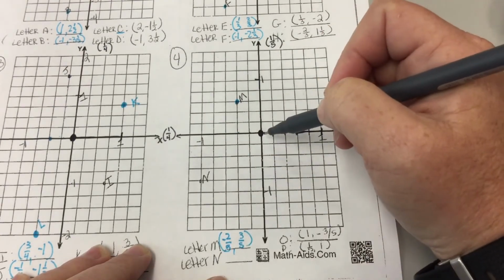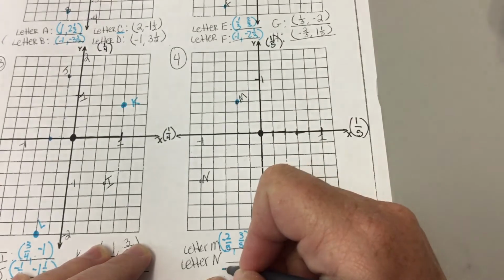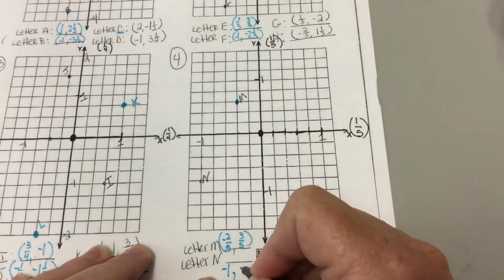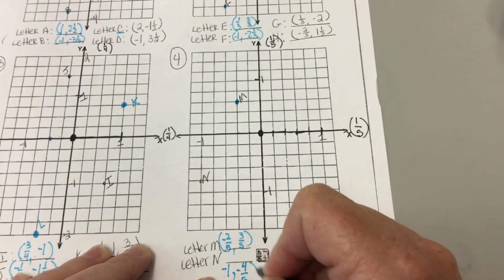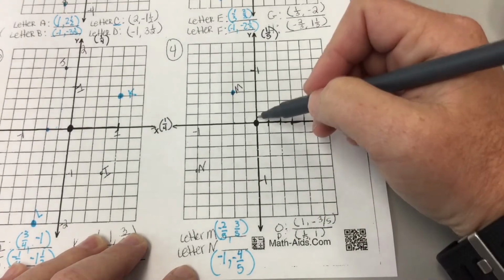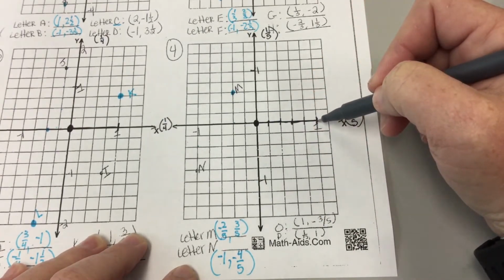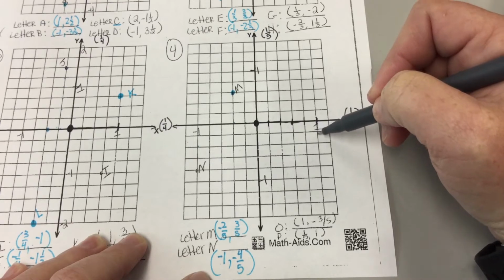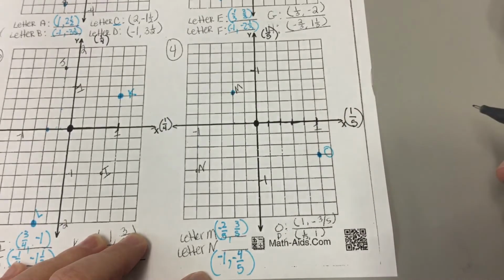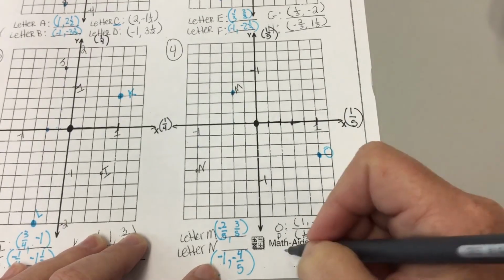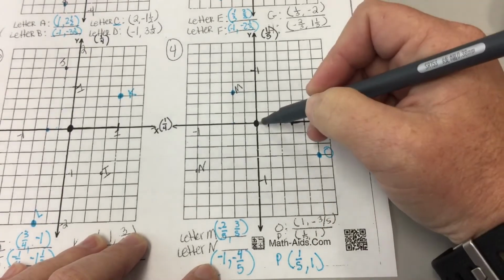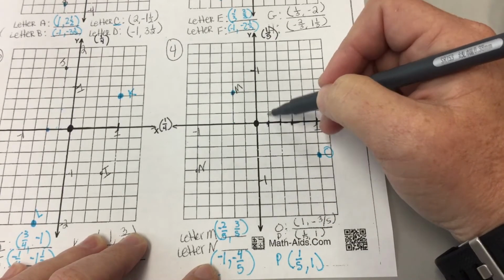Perfect. N is going to be -1, 1/5, 2/5, 3/5, 4/5, and that is going to be a negative as well. Perfect. O is at 1, boom, and -3/5. 1, 2, 3. Letter O. And P, I know it's hard to see, but P should be 1/5, 1. So 1/5, and then up to 1,